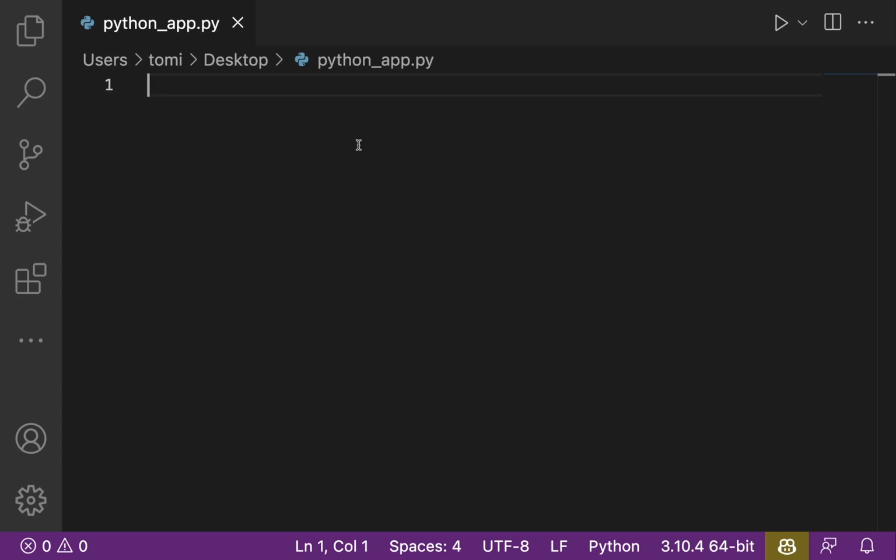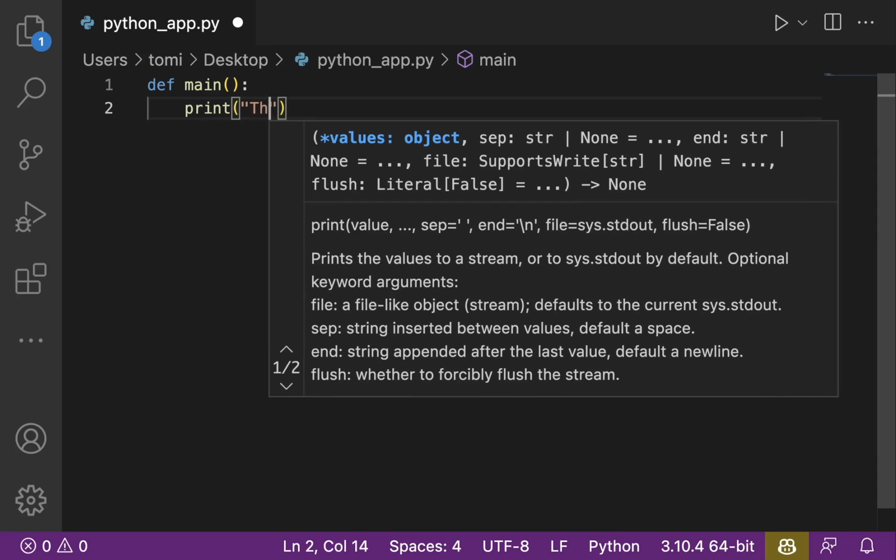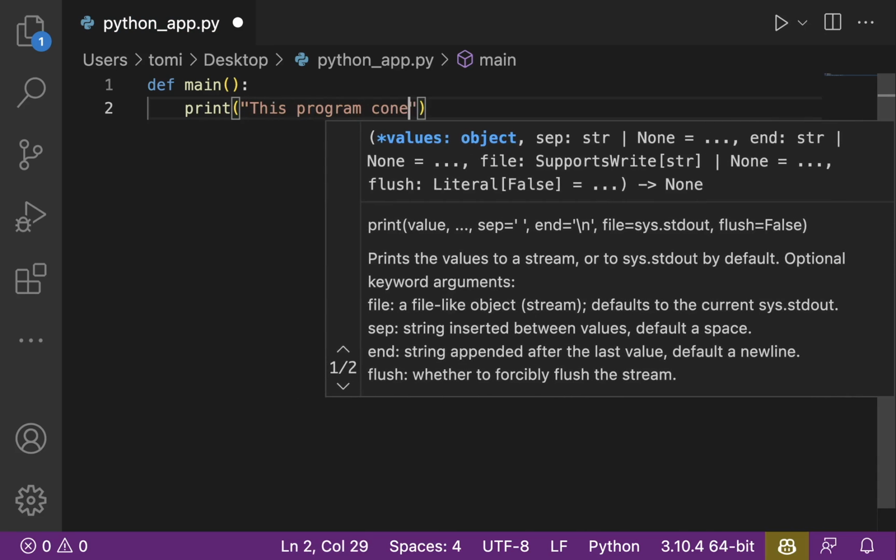And under that, we're also going to have another function. We're actually going to use a lambda function to have this particular converter, and I'm going to show you what we're going to do. So let's get straight to it. So we're going to say def main, and what we want to do is print this program converts US dollars to pounds sterling,